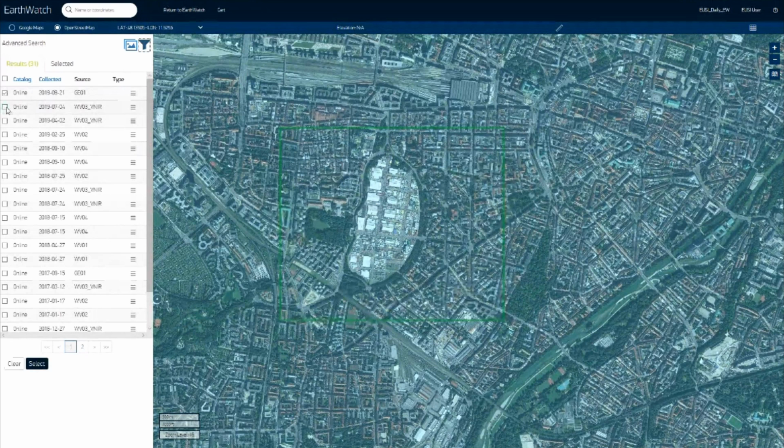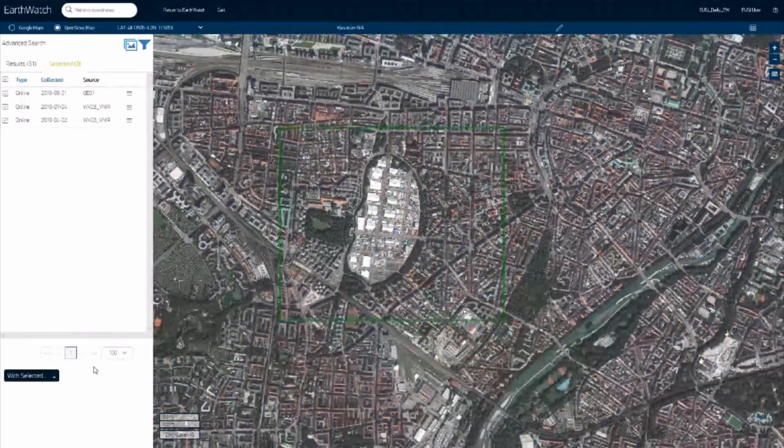This will give you the option to produce this bigger AOI with several scenes. The only difference to the online catalog and just getting the image from one scene is that you don't have those product options that you have when ordering from one scene. But you will get the image as it is shown in EarthWatch.